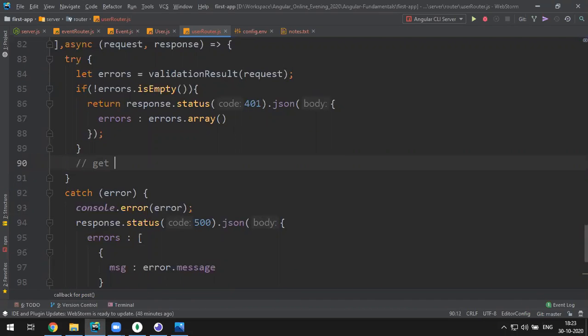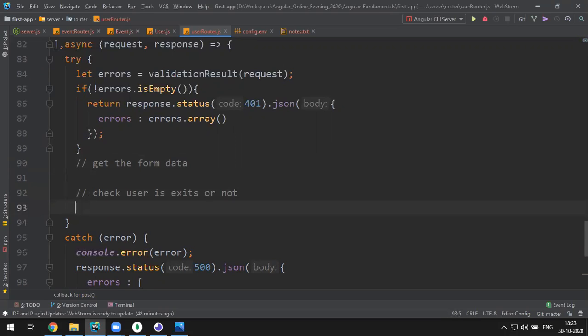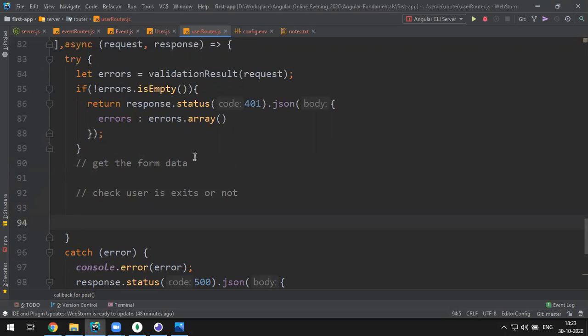So first of all, get the form data, and once you get the form data, I have to check first whether the person with that email exists or not. Just by using the email ID you have to check whether the user exists. If the user already exists, then only you can log in, otherwise don't log in. Next, after the user exists, you have to check